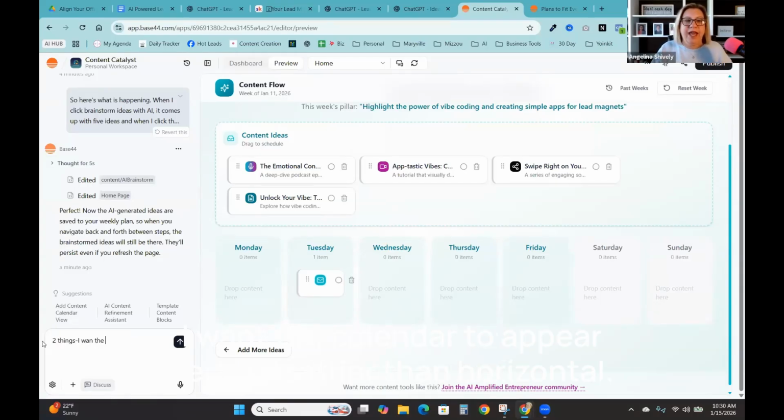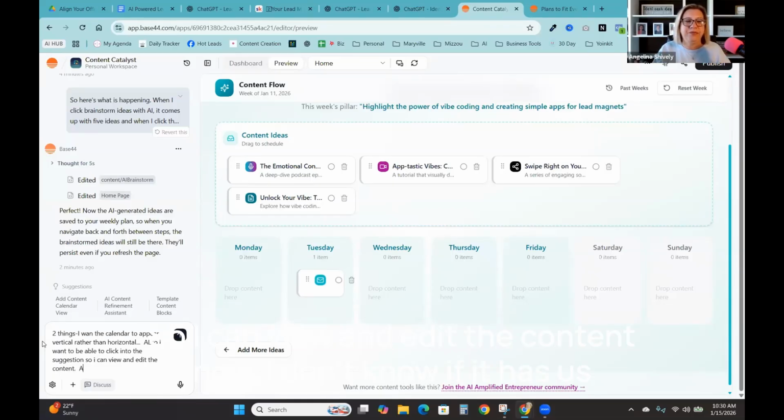I want the calendar to appear vertical rather than horizontal. Also, I want to be able to click into the suggestion so I can view and edit